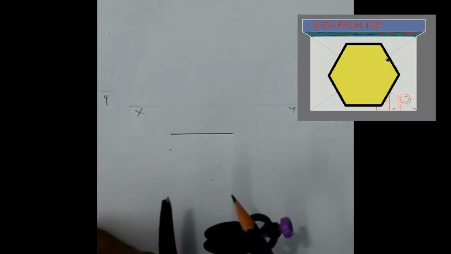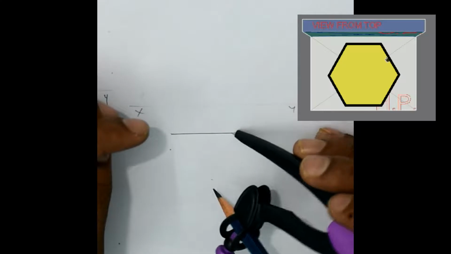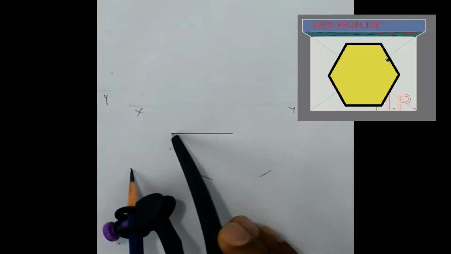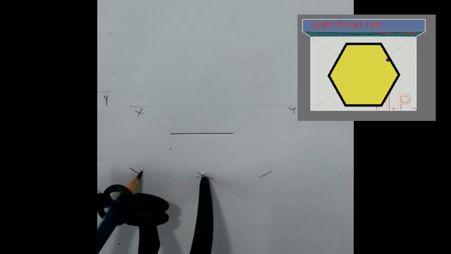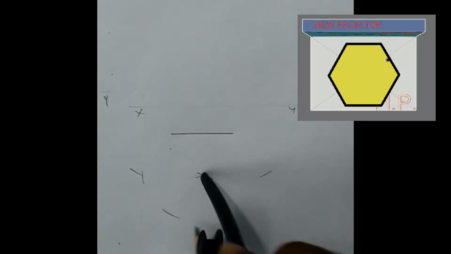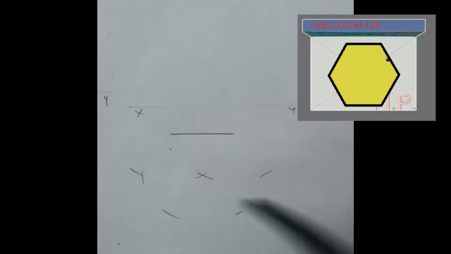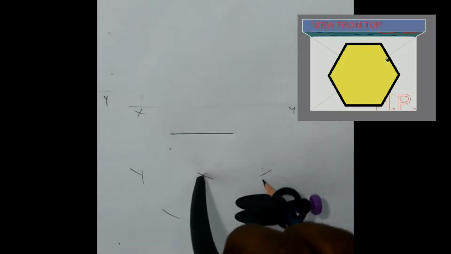You need to remember that while using this protractor, you need to mark 2 arcs with every corner. 2 arcs with every corner. So for example, if I am placing it here, one here and somewhere here, the other one is here, and cut the center point. From the center point, cut here, one more from here, from the center. So you will see that there are portions which have been found.